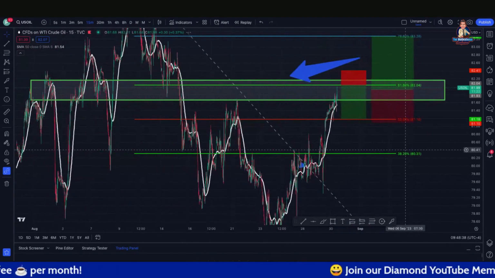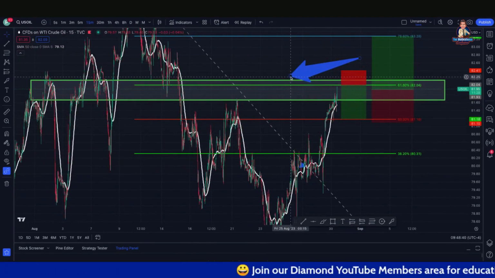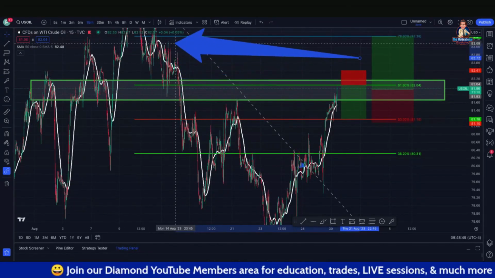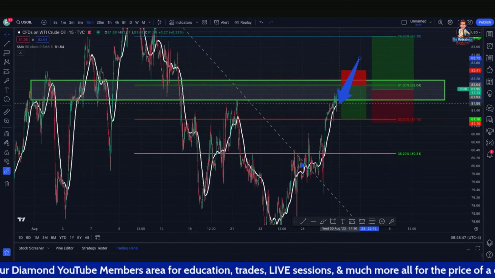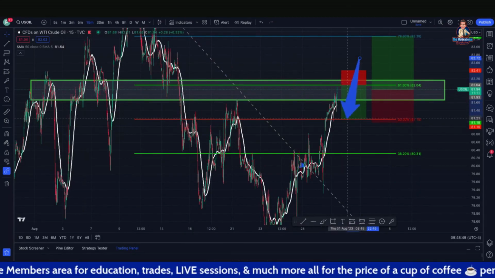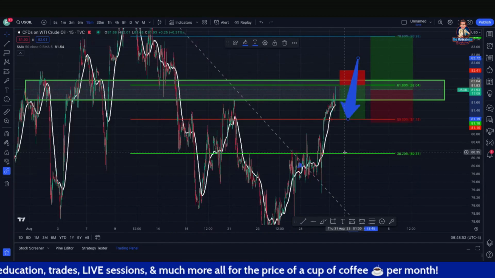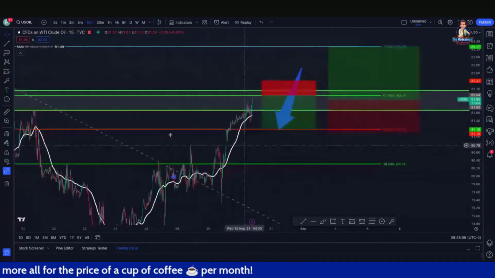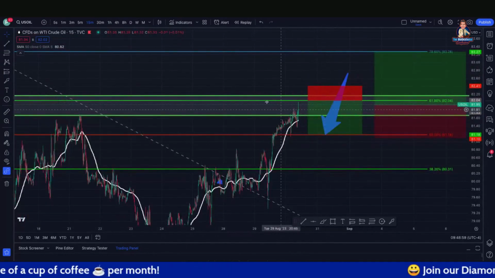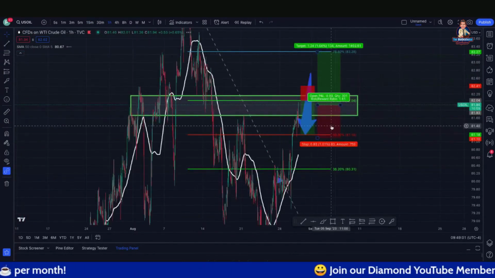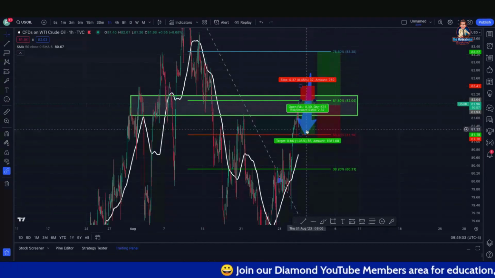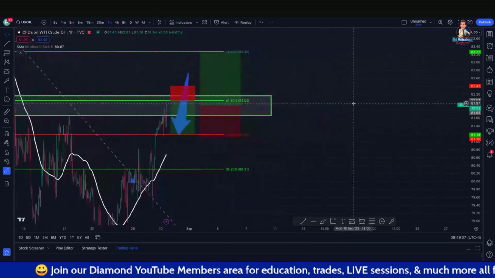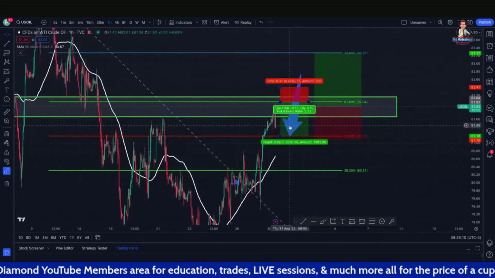Okay. So we're kind of in this area here, because if we do break like this and we get a break and retest, we're probably going to go back up here. Okay. I personally want to see price come back down. And this would be a great area for me to buy. I'm going to show you where in just a minute. Okay. To come back down towards the 50-day moving average, but not on the 15-minute, on the 1 hour. Okay. I would love to see price come back down to 80.70. I just don't know if we're going to get there right now because of this push.